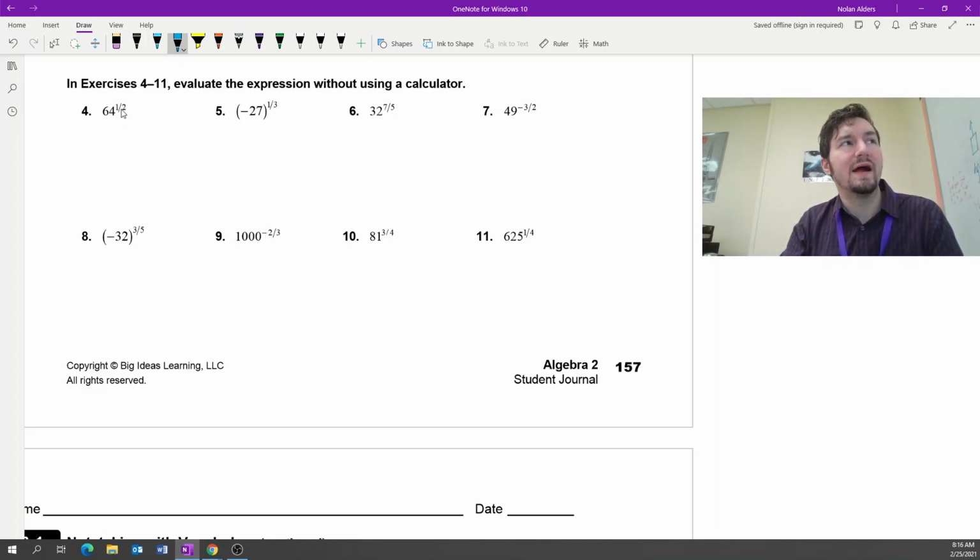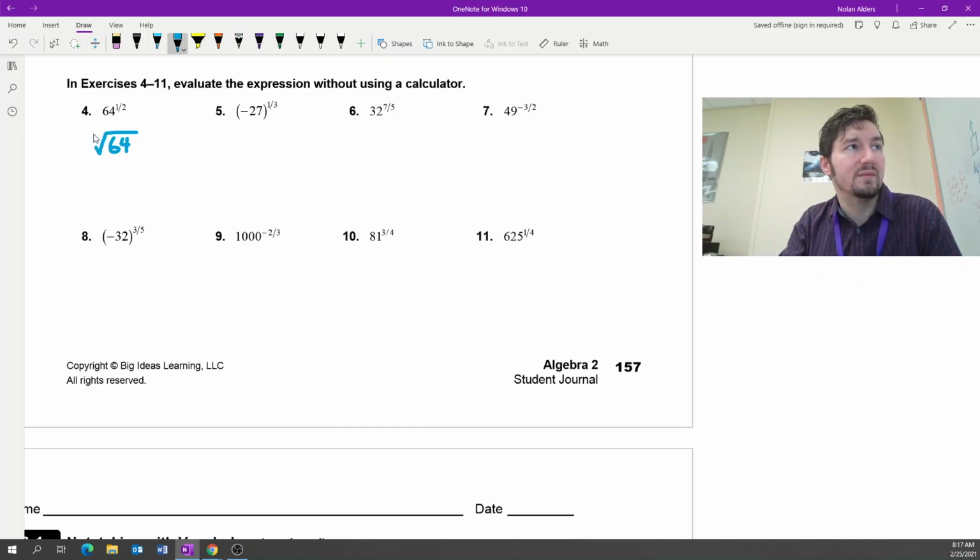Anytime you have a fraction, whatever is in the denominator of that fraction, so let's say we take 64 to the 1/2 root. Anytime you have a fractional exponent, really the denominator of that fraction is telling you to take a root. So we could rewrite this as the square root of 64,